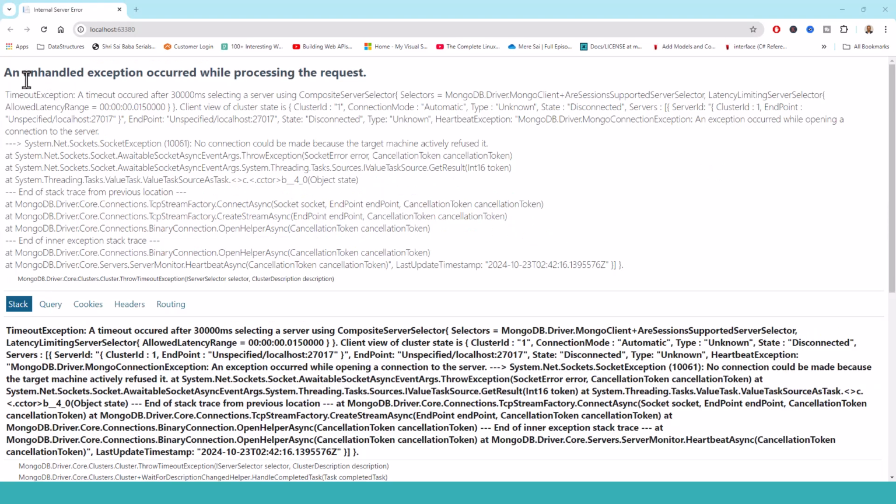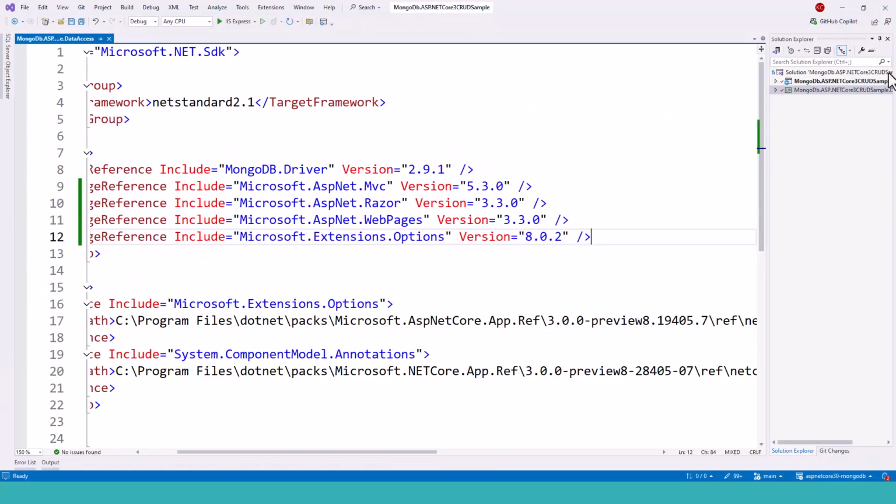Okay, so we have got this: an unhandled exception occurred while processing the request. A timeout occurred after 30,000 milliseconds, 30 seconds, selecting a server using component server side. No connection could be made because the target machine actively refused it. We expected it, isn't it? Because I haven't changed the connection string to point to my MongoDB database, with its connection on MongoDB Atlas. And at the moment, the connection string is